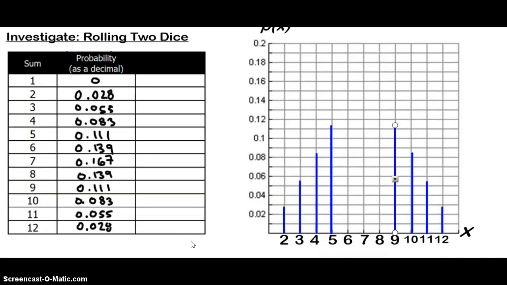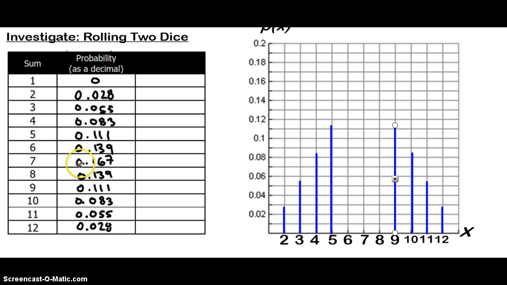Okay, so I've already gotten through most of the probabilities and the graph for the second investigation. So notice all the probabilities are listed. So for example, the probability of 2 turned out to be 1/36, which I recorded as a decimal, which is also the probability of 12. That outcome, again, 1 roll out of 36 possibilities. We've gone through that several times. It's got to be a 6 and a 6 to get, for example, 12, and for a 2, 1 and 1. Then for 3, it turned out to be 2 rolls out of 36 to get a 3,